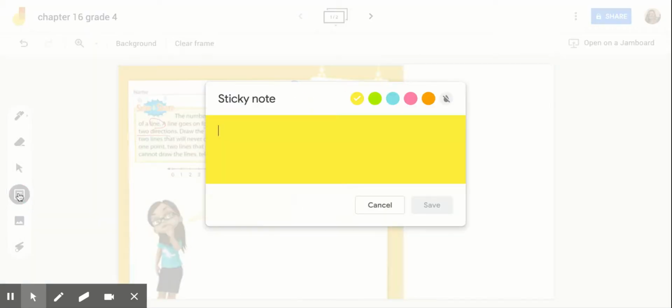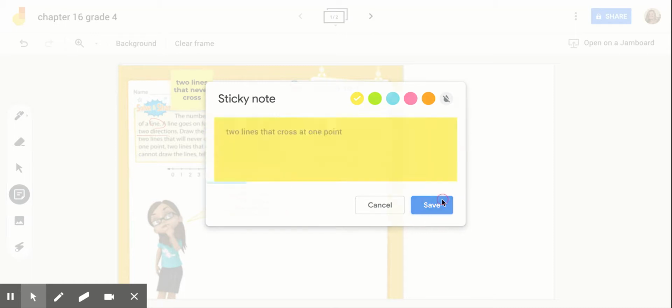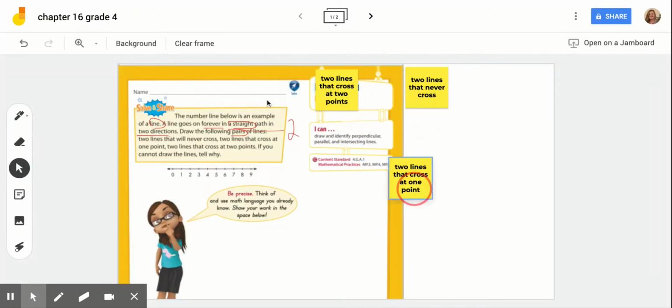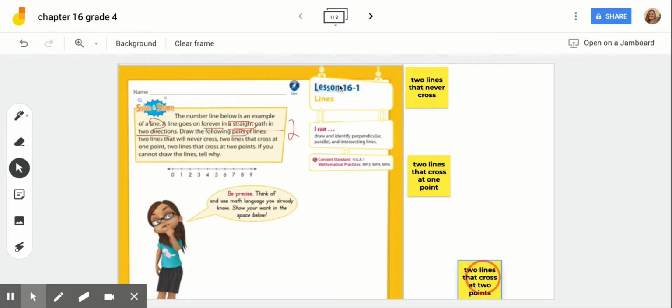Okay, so I'm going to label. So we want 2 lines that never cross. We're going to make that our first section. 2 lines that cross at 1 point, and 2 lines that cross at 2 points. Okay, so we use my Jamboard stickers. I'm going to label this stuff, and let's see if we can rock and roll. All right, so